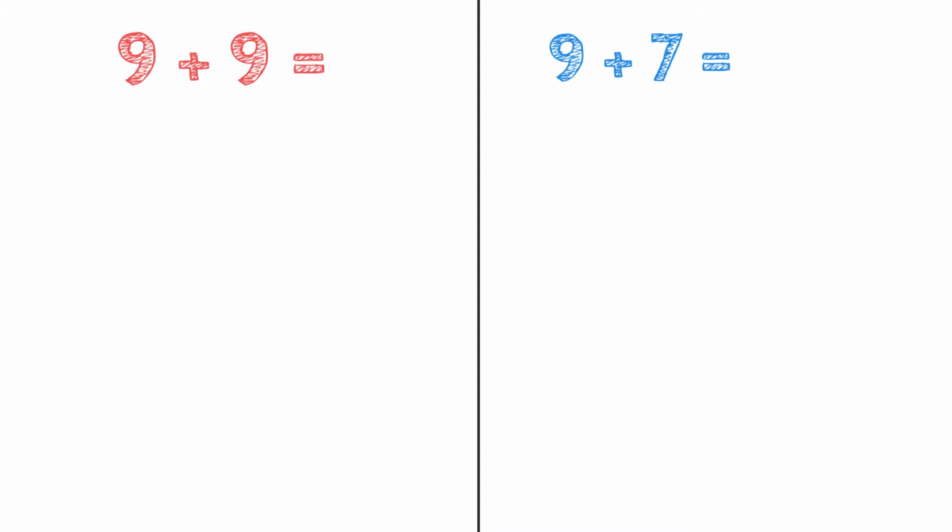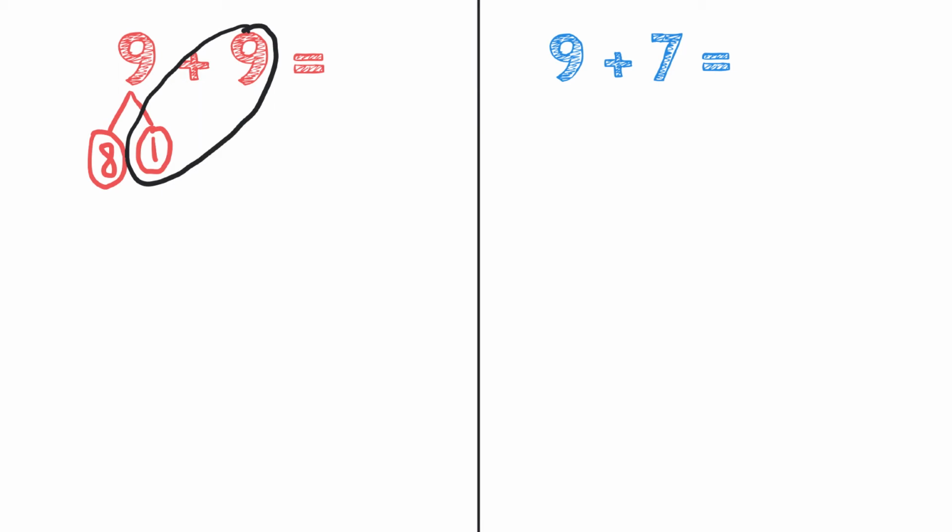So I can use either 9 to add 1 to make 10. I'm going to use this one right here. So I'm going to take 1 away from that. So there's the 1 I took away. And then I'm thinking, okay, what's 1 less than 9? 8. So now I have my 2 parts here, and I'm going to add together my 9 plus 1 to